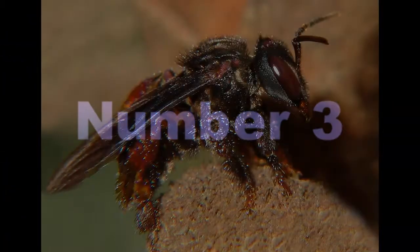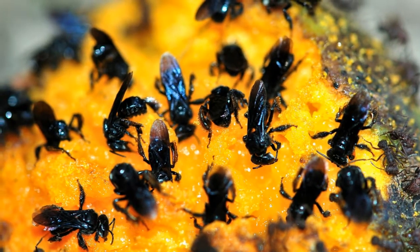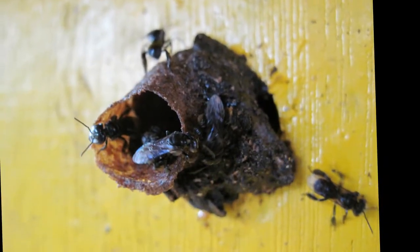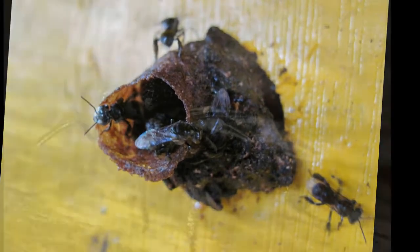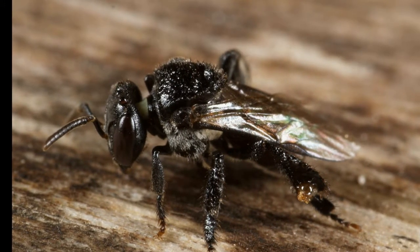Number 3. Vulture bees. Related to ants and wasps, bees come in a massive variety of forms throughout the world, but all feed at least partially on plant matter, especially nectar and pollen, with the exception of 3 bizarre species in the genus Trigona. These stingless social bees raise their larvae almost exclusively on decaying meat, which they chew and